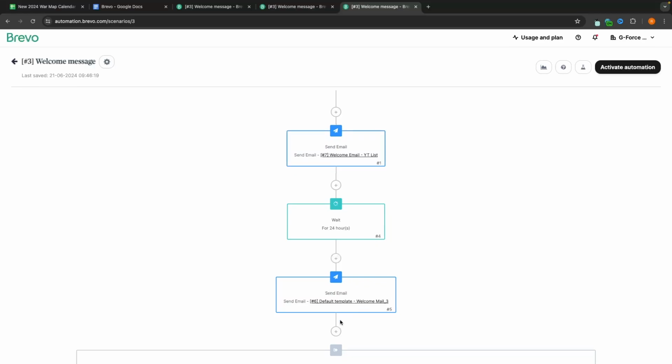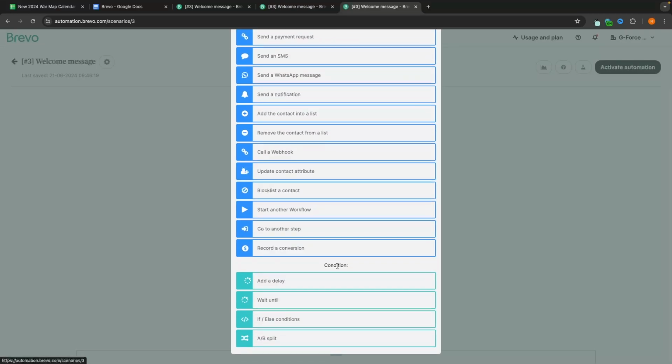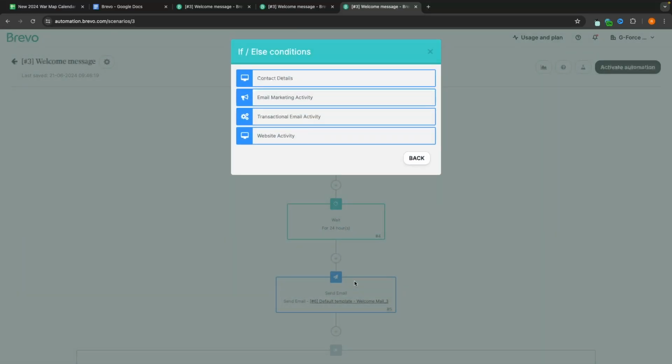Now, where automations, you can really take them to the next level is if we add something else right here and we can go to conditions. Now we have a few different options. First of all, we have if-else conditions. So if we click into this, this is where we can basically send the automation down two different paths. So we have a few different options here and I can't go into all of them. Otherwise this video would be like 10 hours long, but just to show you how this would work, we could